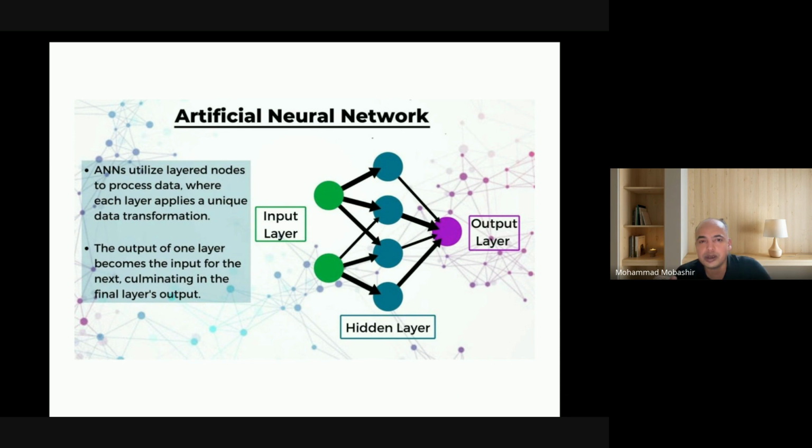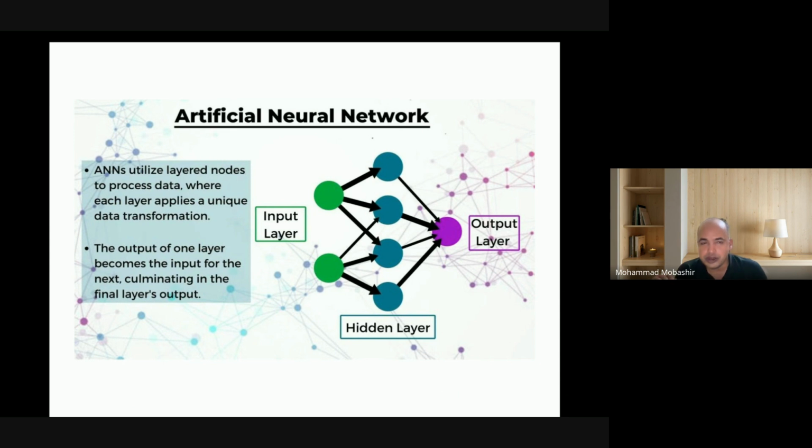So I thought it would be better to summarize the entire topic, which is mostly relevant for any kind of data scientists or those people who are involved in algorithm development. So artificial neural network,